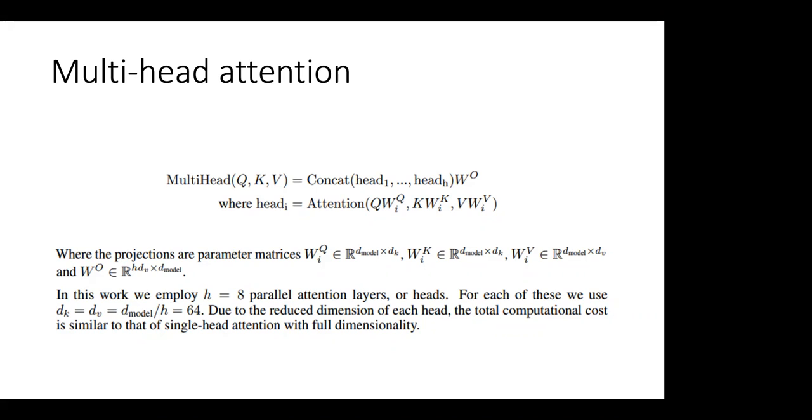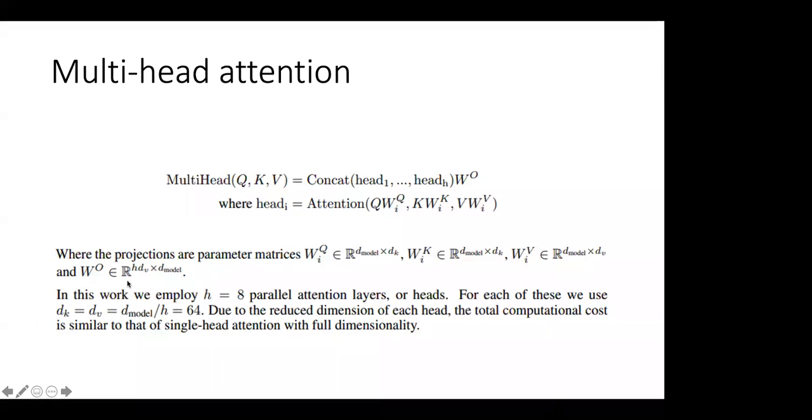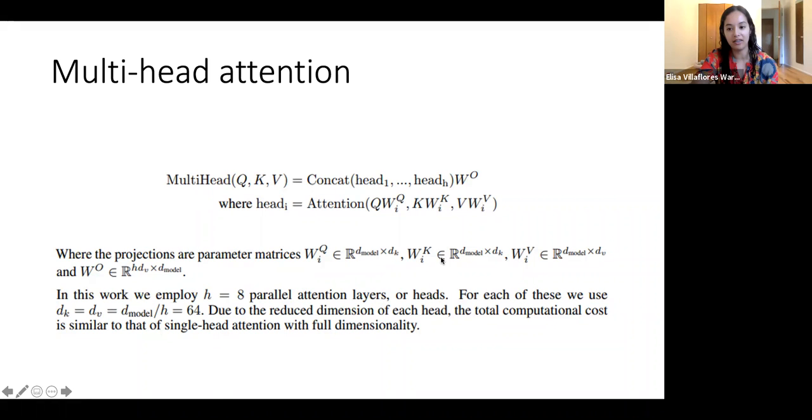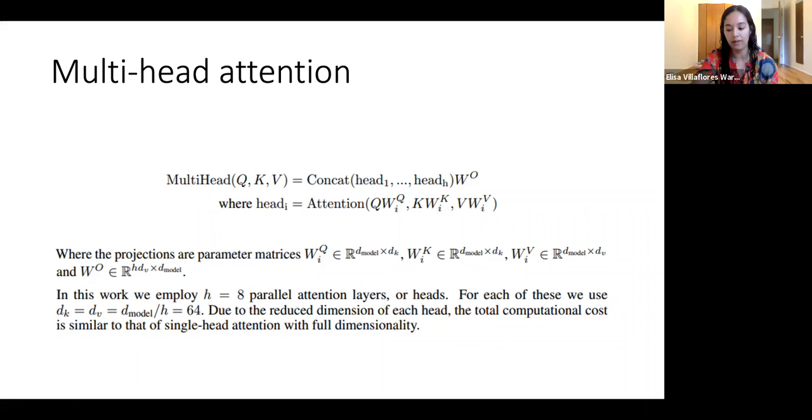Okay. Then you have 3 ones: Q, K, and V. So Q is query, key, value. The query is d sub k. Is it d sub k or d sub q? Or d sub q is d sub k. Yeah, the query and keys should definitely be the same size. The value matrix doesn't have to be the same size, but everywhere that I've seen, the value matrix has always been the same size as the queries and the keys.